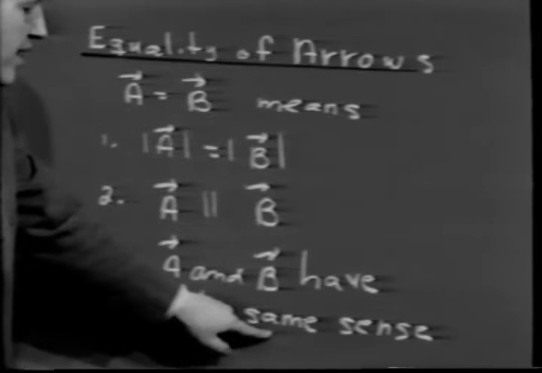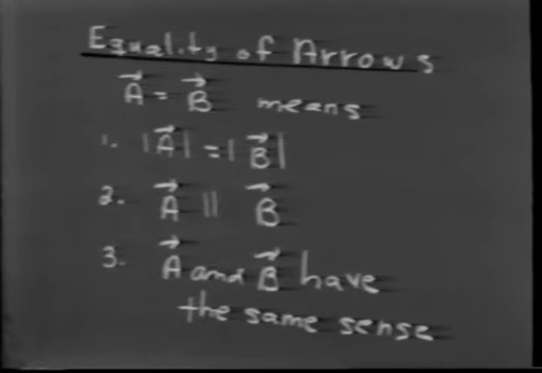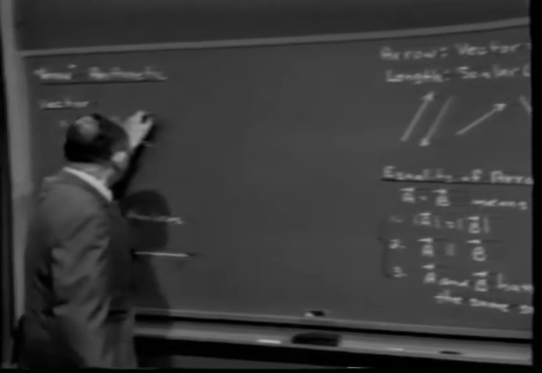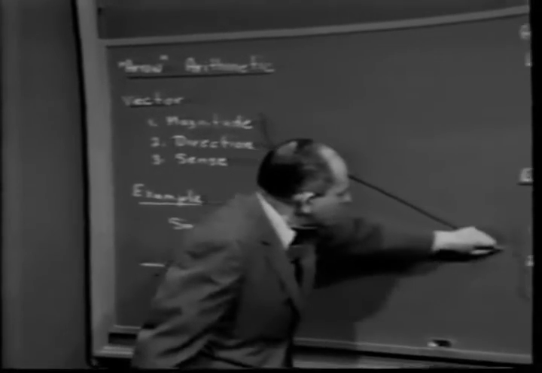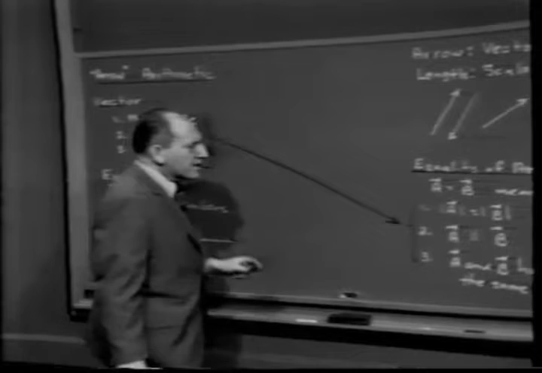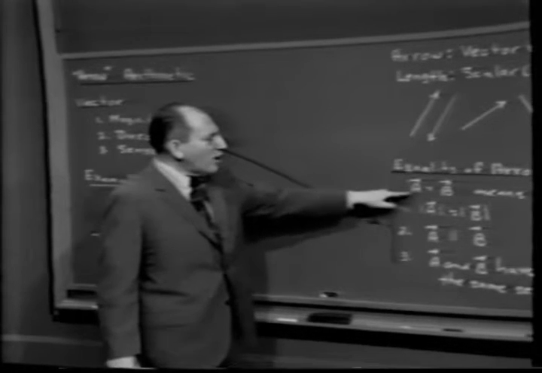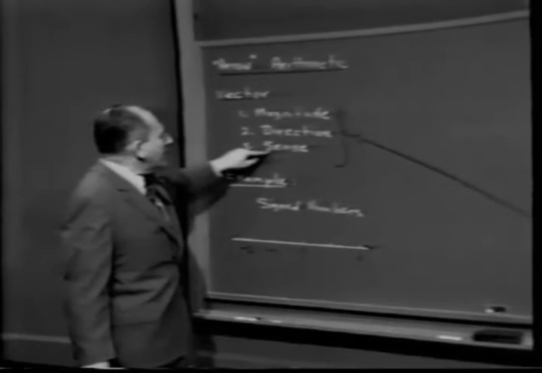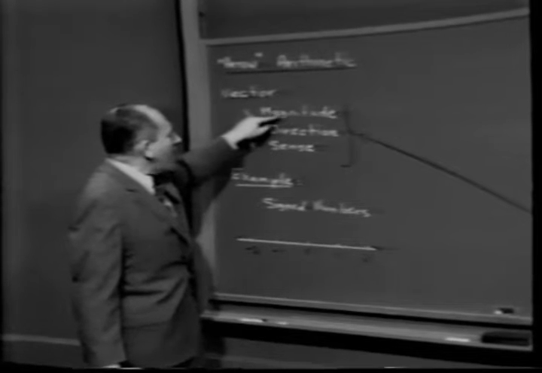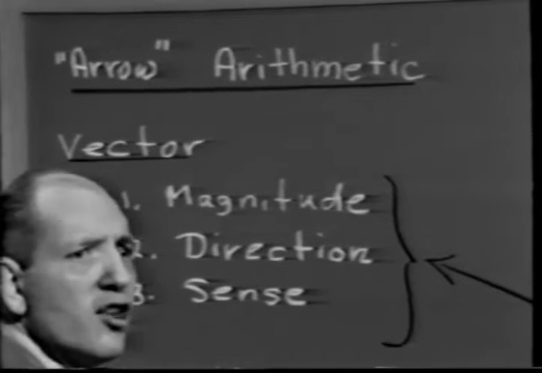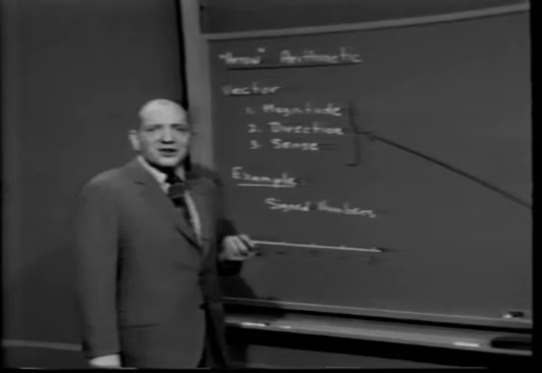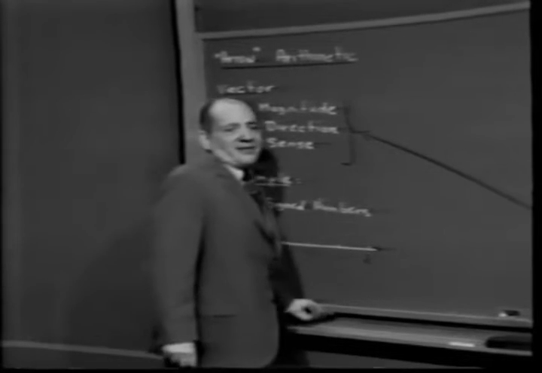And again, to show you what this is, remember I said to you a moment ago that the arrows are just a convenient pictorial way of representing a vector. Let's observe that these three properties here juxtapose very nicely with these three properties here. In other words, notice that our definition of equality of arrows captures exactly what three ingredients go into defining a vector. Since all we're talking about is magnitude, direction, and sense, how can we distinguish validly between two vectors other than in terms of magnitude, direction, and sense? Okay? Well,